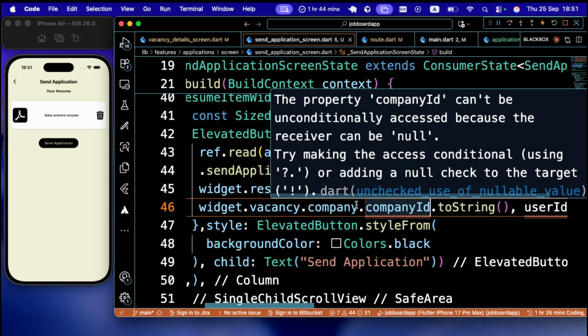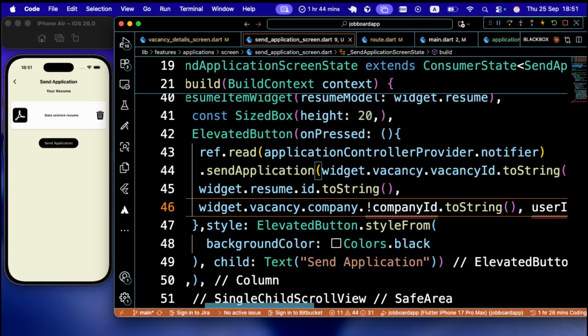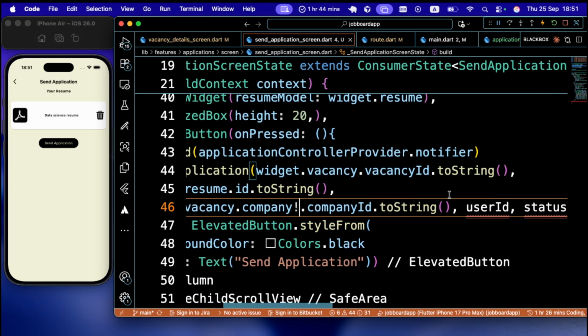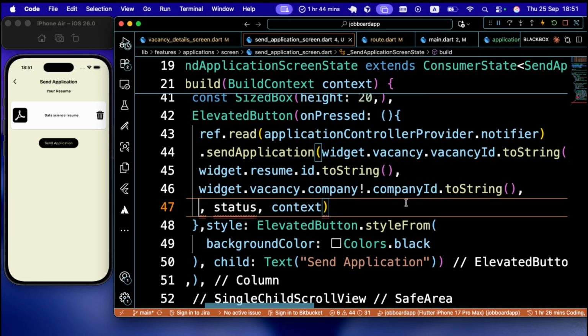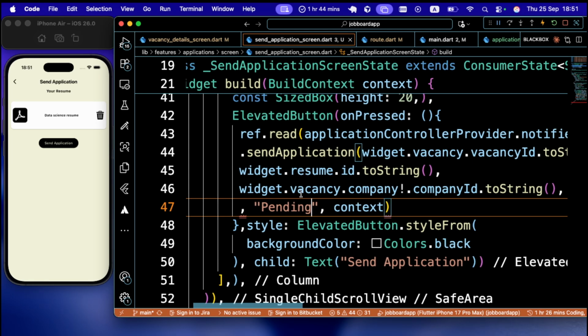Then I think the company is nullable. And then the user ID is going to come from user ID. And then for the resume status, we are simply going to set it to pending since it is